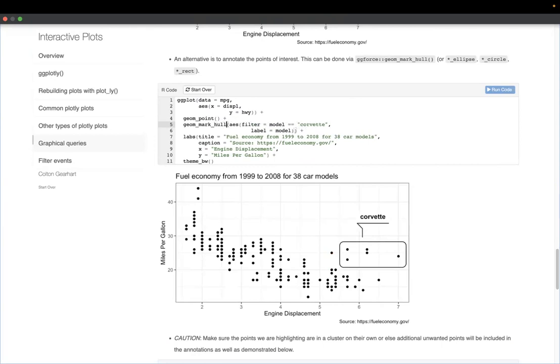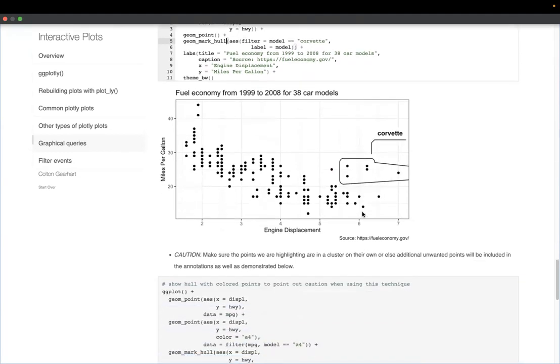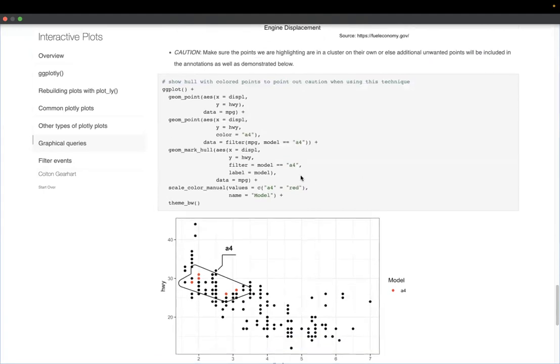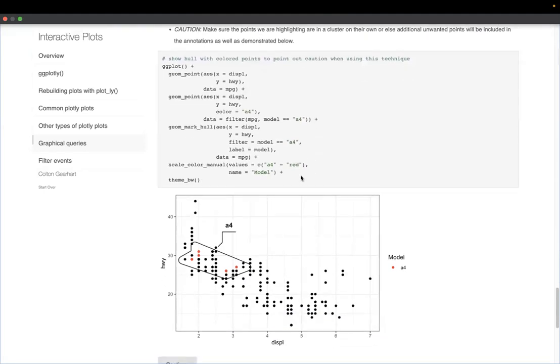We could also do geom_mark_hull, which gives us this kind of convex, concave image of an annotation. So either of those work, just make sure it only gives us the points that we want, right? As in another illustration, I did a static plot here, and I highlighted via geom_mark_hull only the Audi A4s. So it gives me the best shape for those Audi A4s, but notice I get a ton of other points